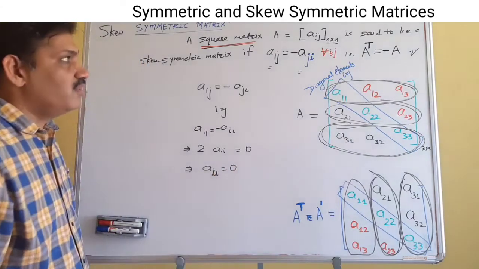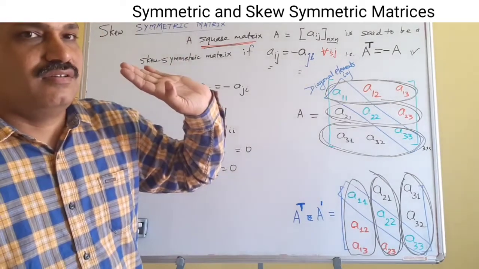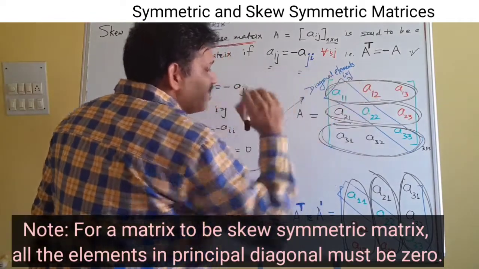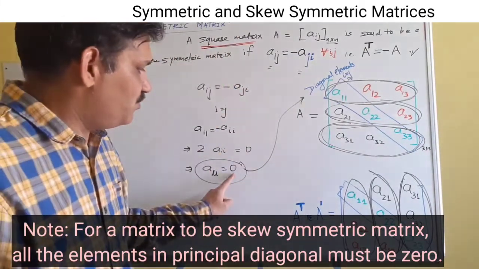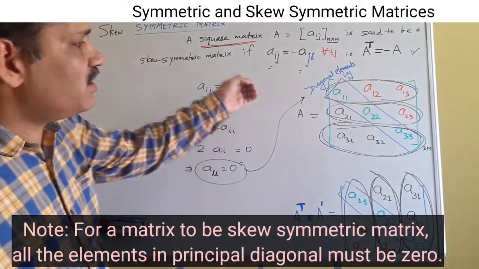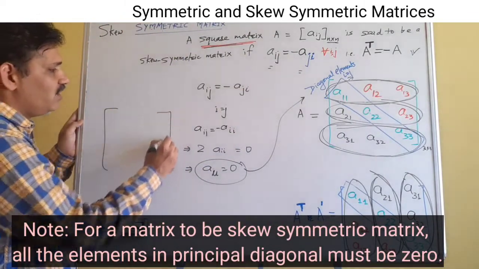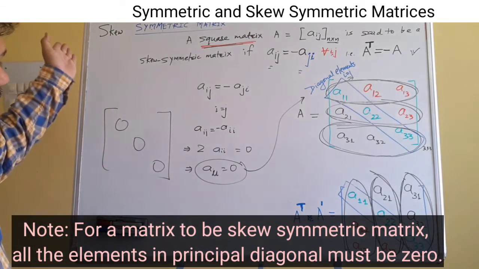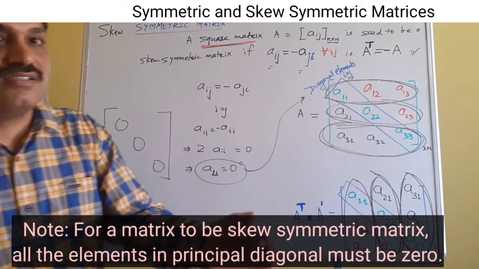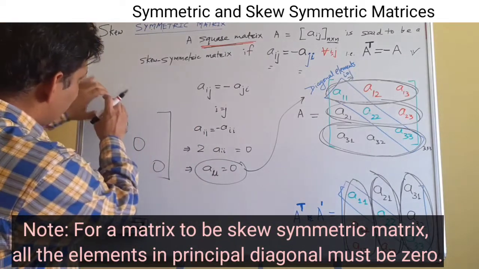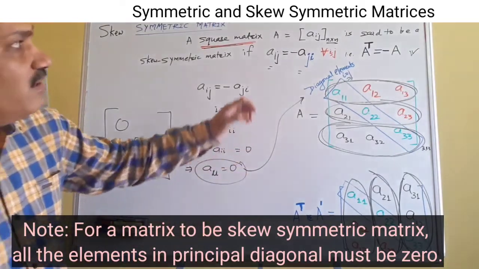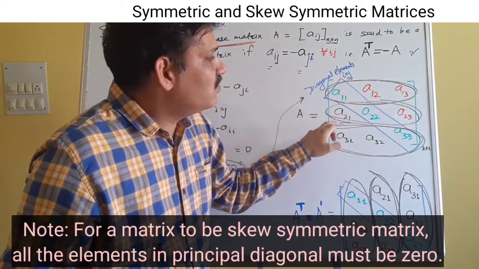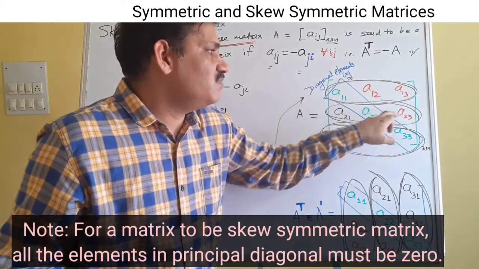is equal to 0. That means for a skew symmetric matrix, all the diagonal elements, for which i is equal to j, must be 0. Yes, in a skew symmetric matrix, all the diagonal elements must be 0. Suppose I take a 3 by 3 square matrix. If I need this matrix to be skew symmetric, the first and necessary condition is the diagonal elements must be 0. And then for the non-diagonal elements, this must be the negative of this, or vice versa.